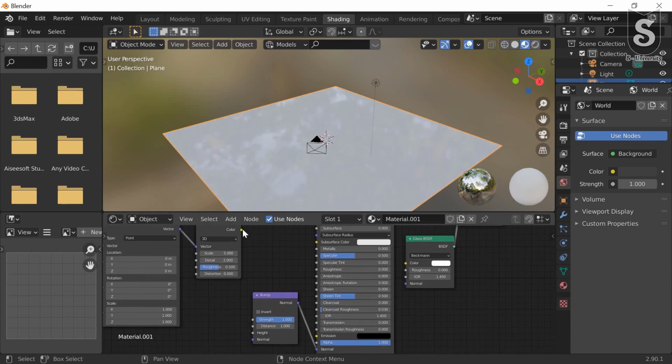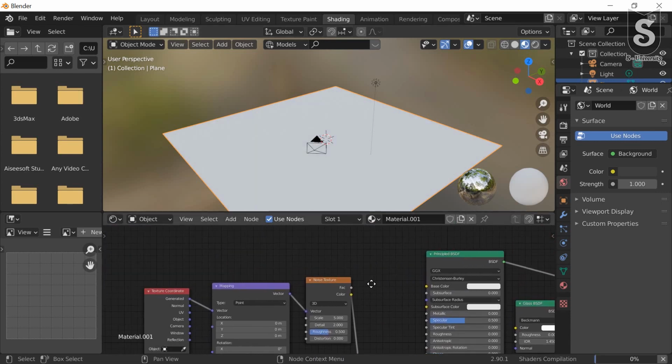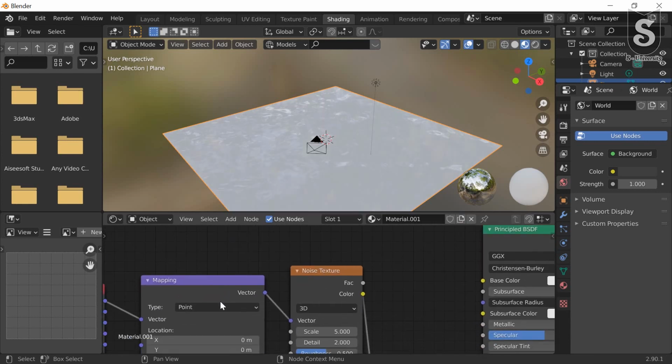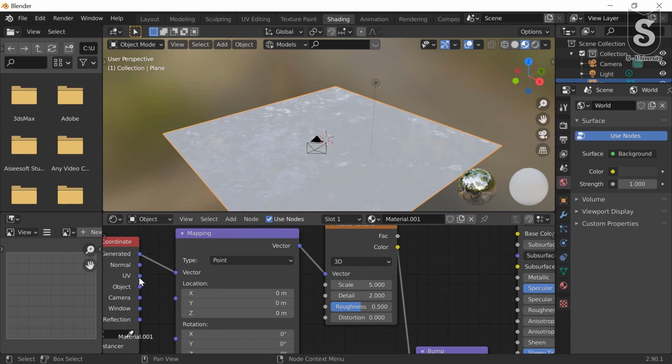Now insert color value of noise to height value of bump node. Now change the mapping to UV.